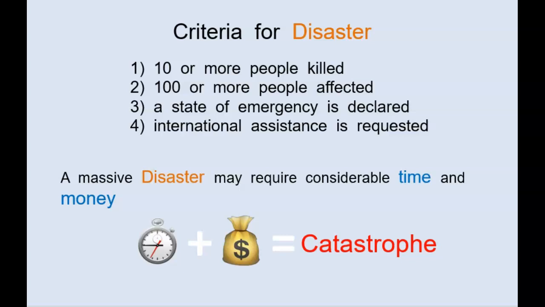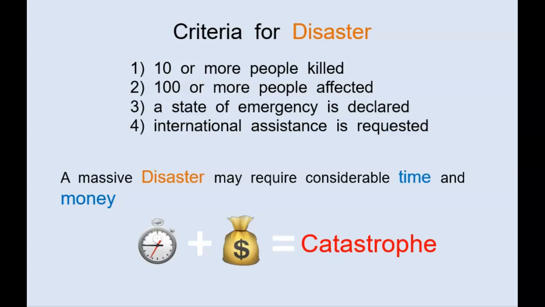It's useful when you have Southern Hemisphere countries coming in to help because our fire seasons are reversed. So you see a lot of firemen from Australia and South Africa, and sometimes from Chile, come and help with the fire seasons that we have here in the Western US. So that, again, international assistance requested would qualify that natural hazard as a disaster.